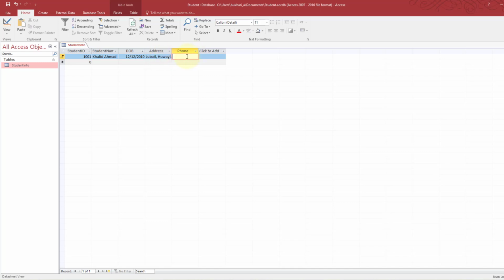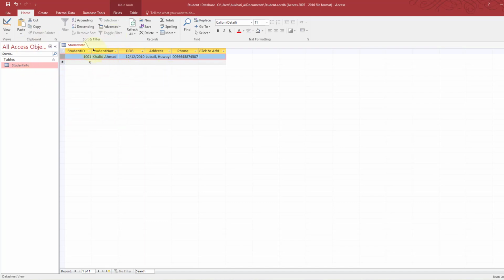Something like that. And here you can have the phone number. So here we have one record in our table. So this is how you can create table.